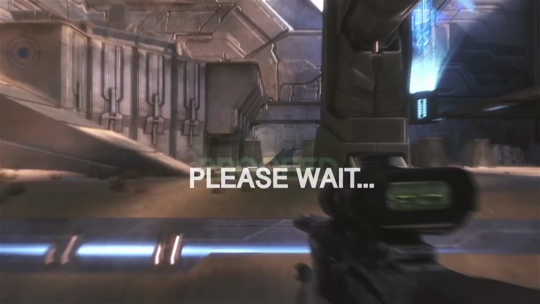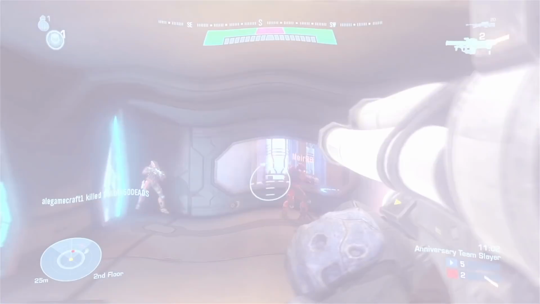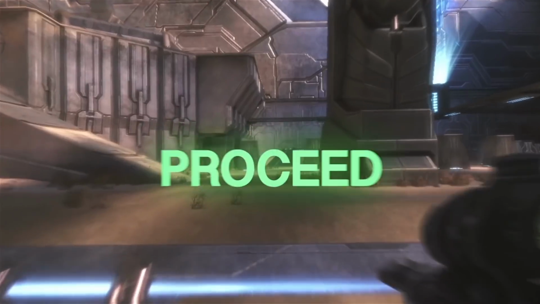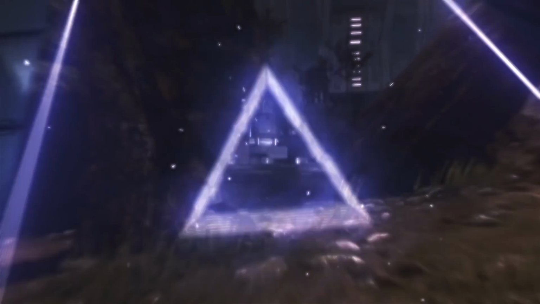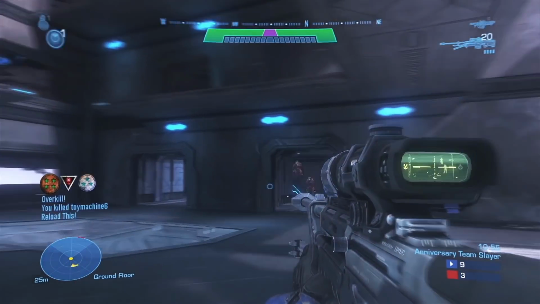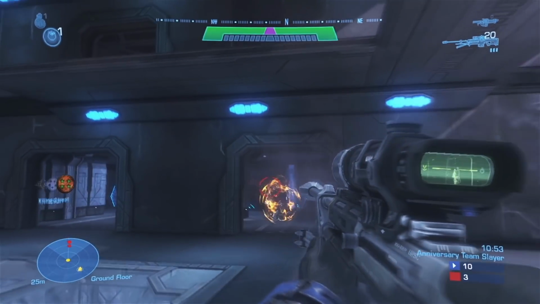Then we got this transition here. The please wait and proceed, I didn't initially plan to have, but after I made the effect, I was pretty happy with it. It's just kind of a mask transition with lightning or something like that. Really happy with this truss though. Wish it was a 2-for-1, but alas it was not. If you couldn't tell, that was the weird shape layer thing I did.